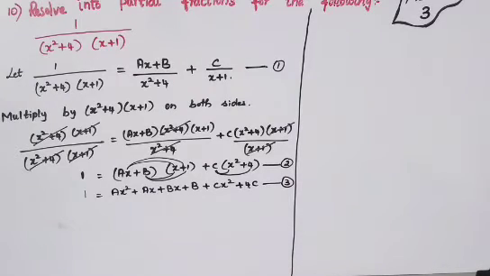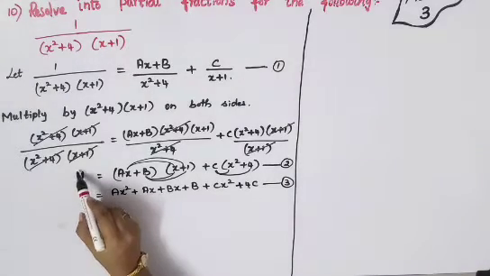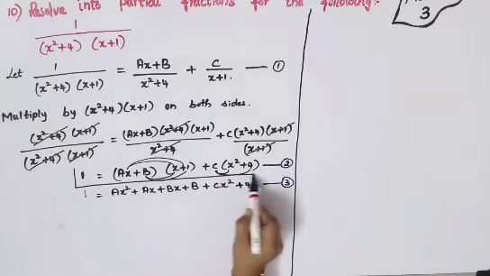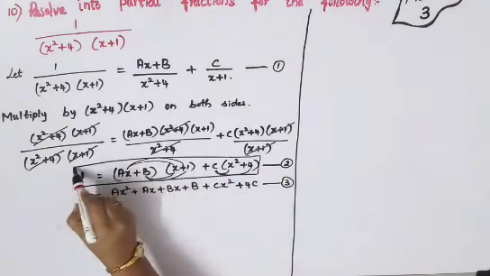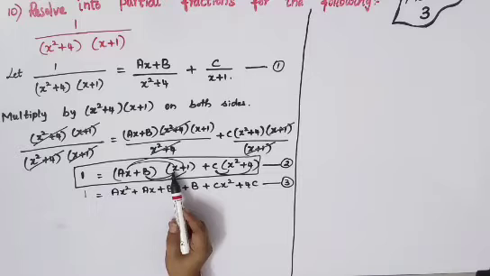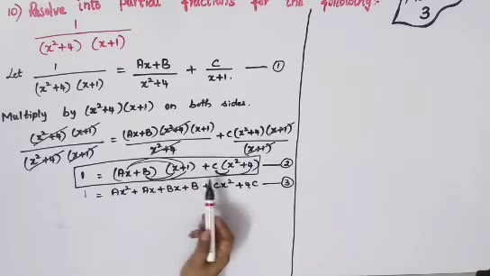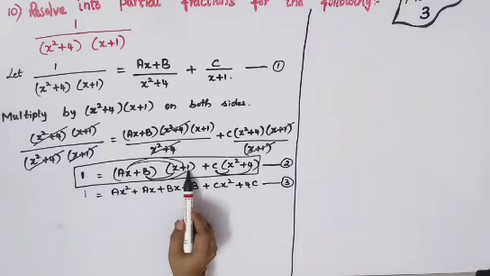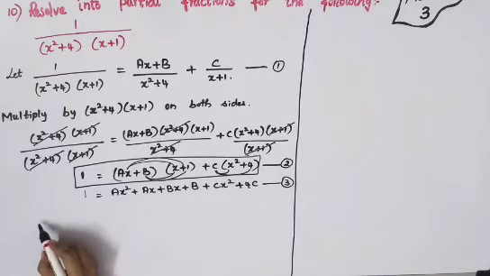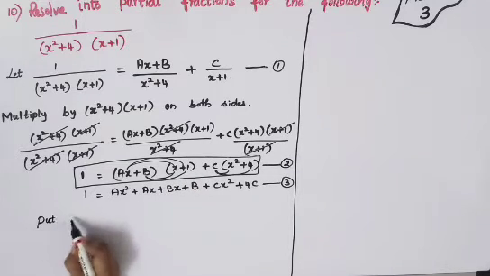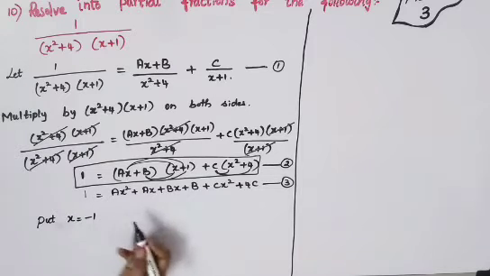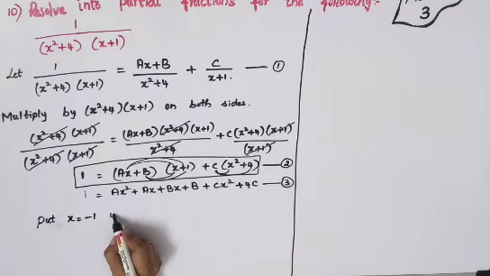Now going to your equation 2. Just see any values you can assign for your x and get your variables. So here you won't be able to do anything. Here x plus 1 is there, so the additive inverse of plus 1 is minus 1. So you can assign your value for x as minus 1. Therefore put x is equal to minus 1 in equation